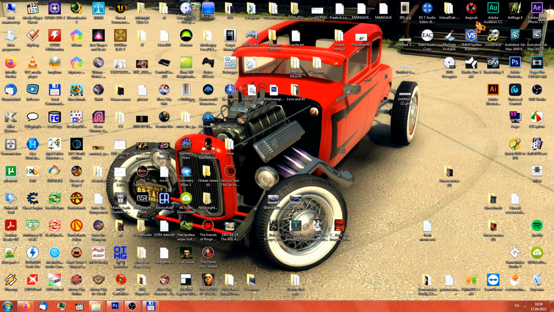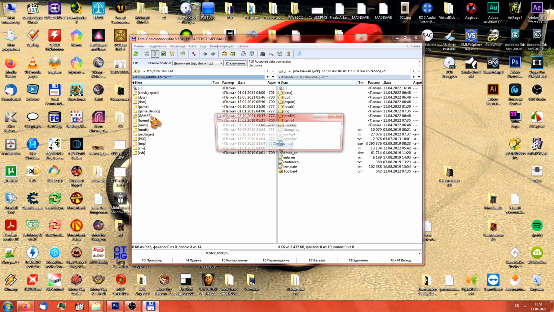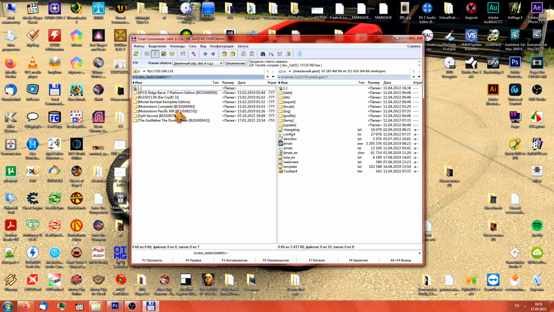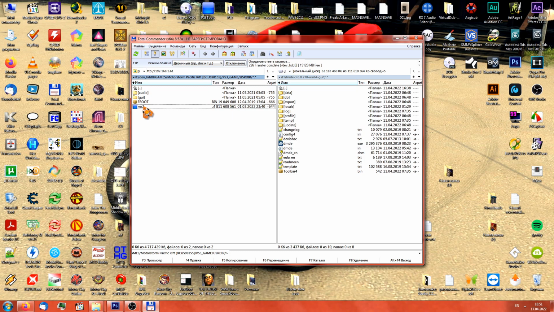Alright, so first things first, we have to get the files which contain the textures from the Pacific Rift folder and unpack them. I have Pacific Rift installed on my PlayStation 3 and I've already connected to it via FTP. So the files we need are in the game folder, PS3_GAME, USRDIR, MS2.PSARC, this is the original file,